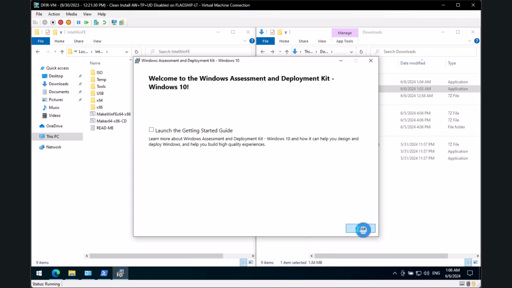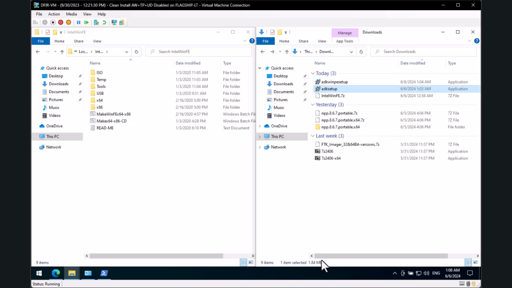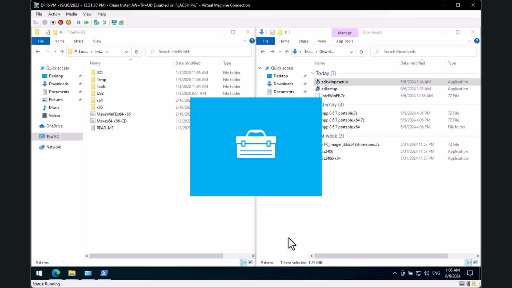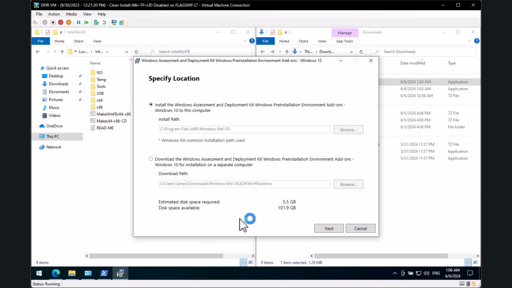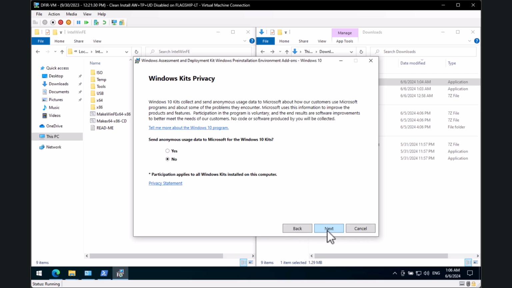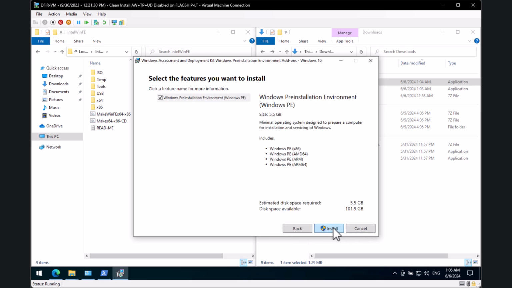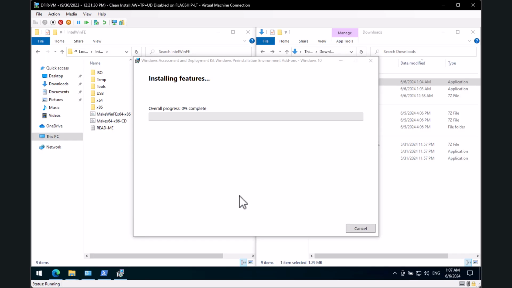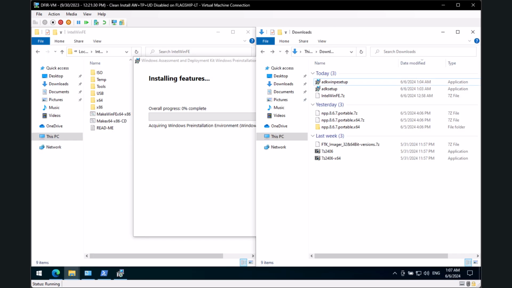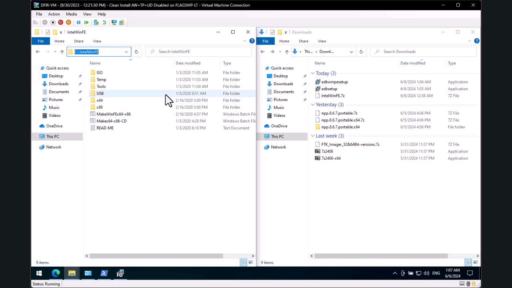And hopefully I edited that down for time. Okay, so that's done. Let's start the next one, because these take a long time to do. There we go, 5.5 gigs. Again, I'm going to go through here and just accept the defaults. Awesome. All right. While that's installing, because it's going to take a minute, I am going to pull an image